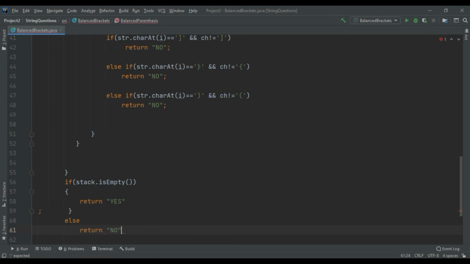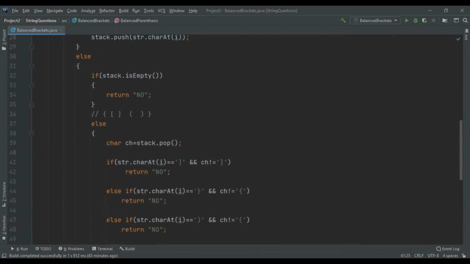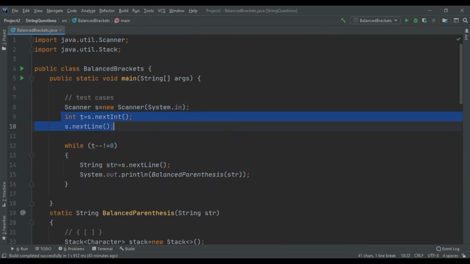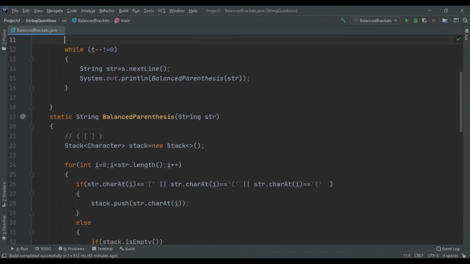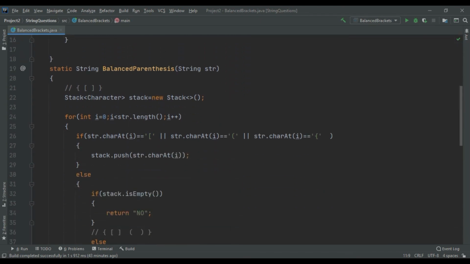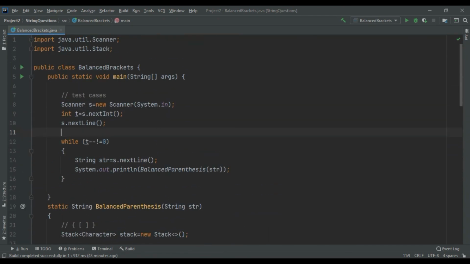So don't get confused guys, time and again I'm telling you. Okay, so this was our entire code. See, we took input cases, and after that we wrote this balanced parenthesis method.